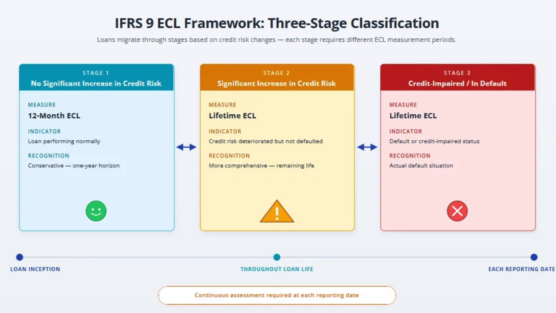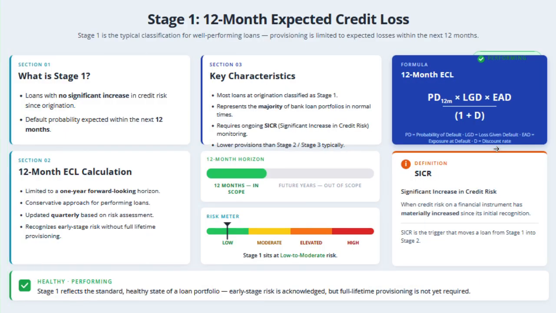Now let's dive into how the IFRS 9 ECL framework actually works, because understanding the mechanics will help you understand why banks need it. IFRS 9 gives the bank three different approaches depending upon the nature of the financial asset they are measuring. Most retail and corporate loans fall under the General Measurement Model, or the GMM. Under this approach, banks must classify every loan into one of three stages based on whether there has been a significant increase in credit risk since the loan was originated.